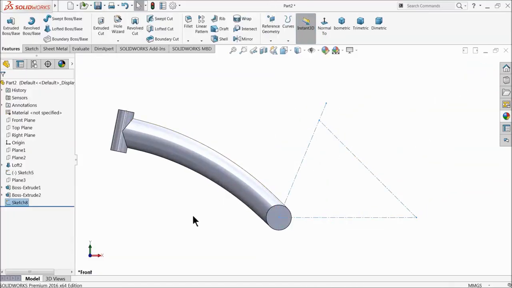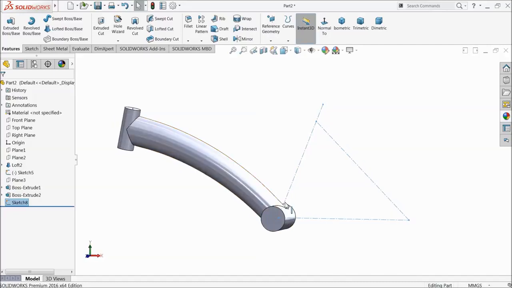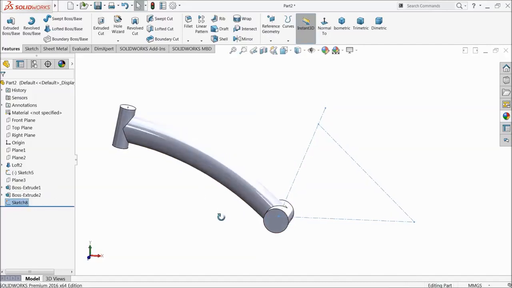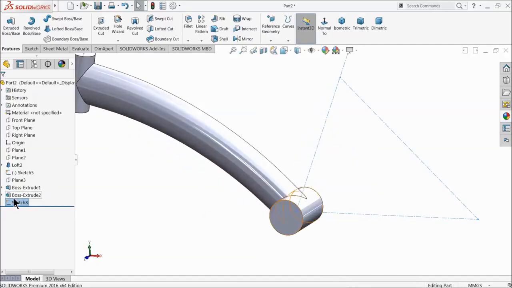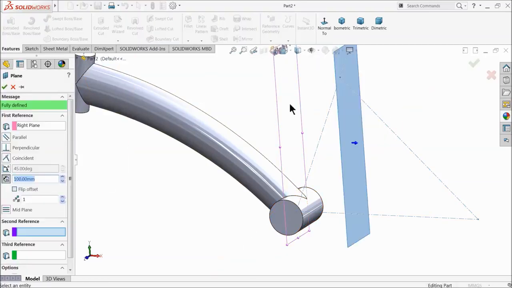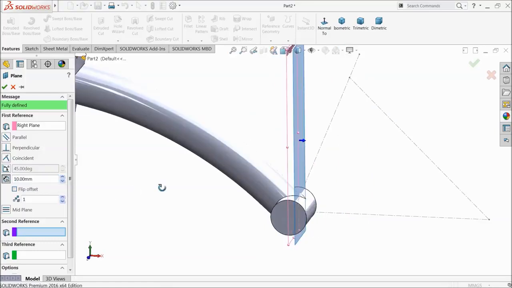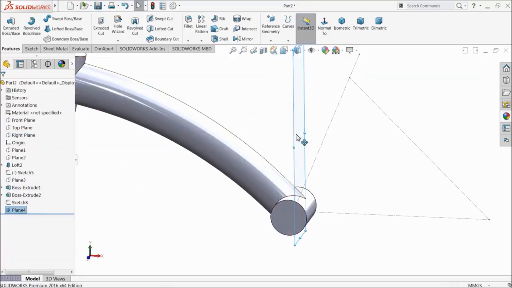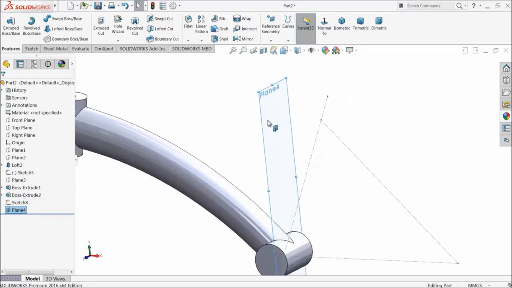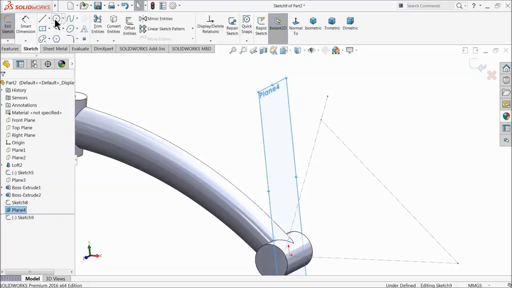Exit. Now here we will extend the frame, so let's make further geometry. Let's create one plane first. Right plane, 10 millimeter only, not more than. Okay, now select this plane number 4, sketch circle,